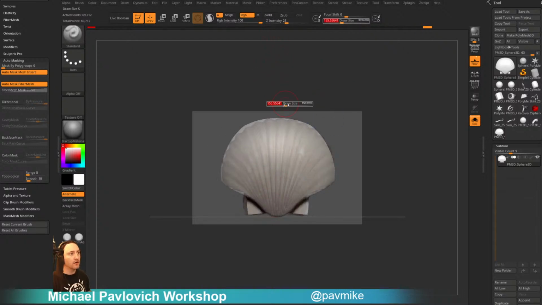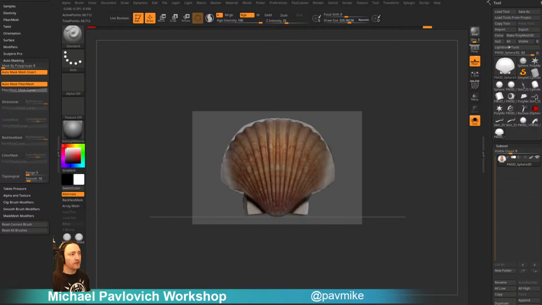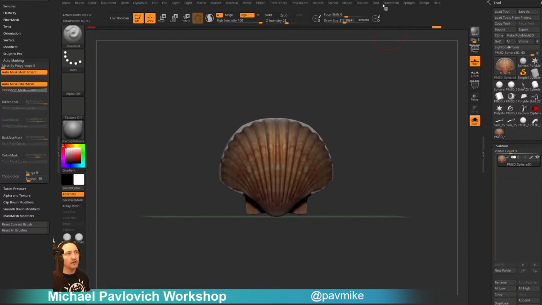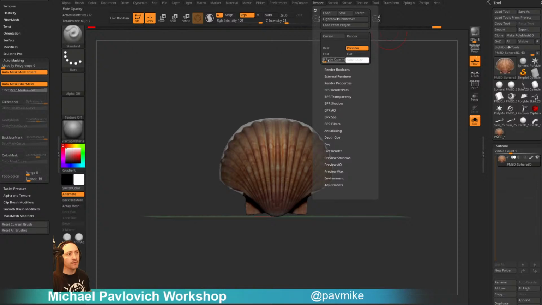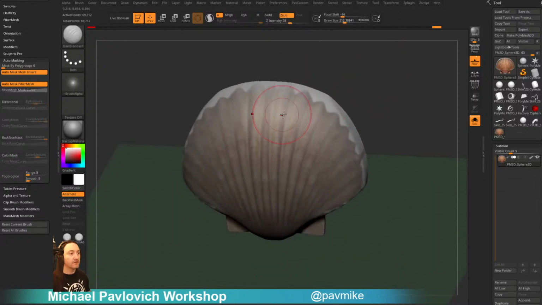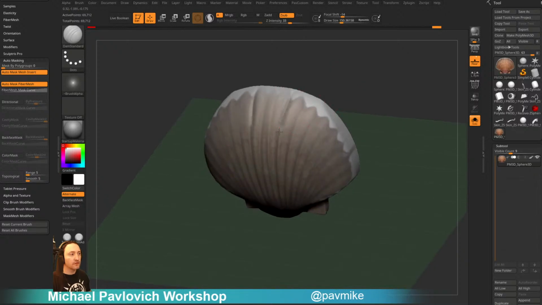And now if I do RGB, a little more resolution on that. So now at least you can see where your scallops need to go. You can go down here, go up here to render, fade opacity, and you can fade the opacity of your Polypaint temporarily. So you can use this as a guide instead of using just,